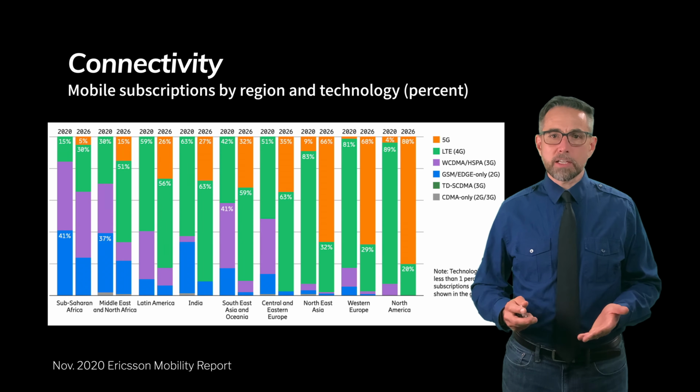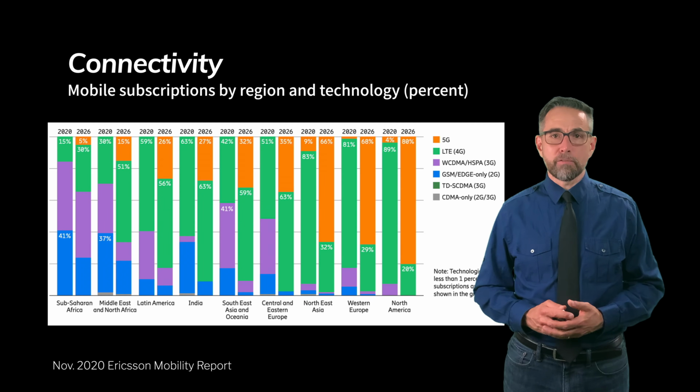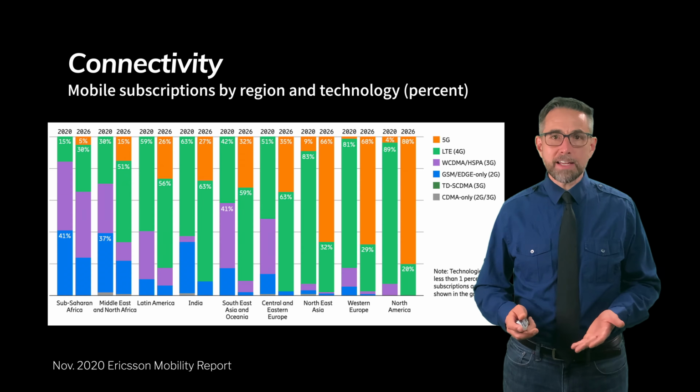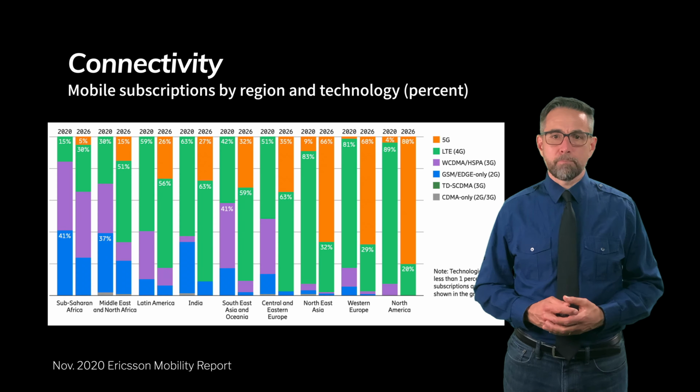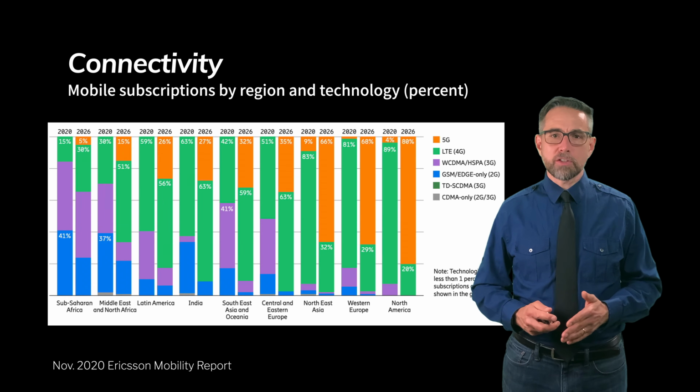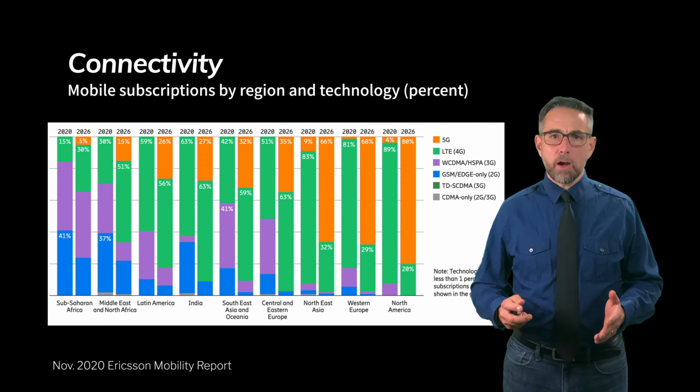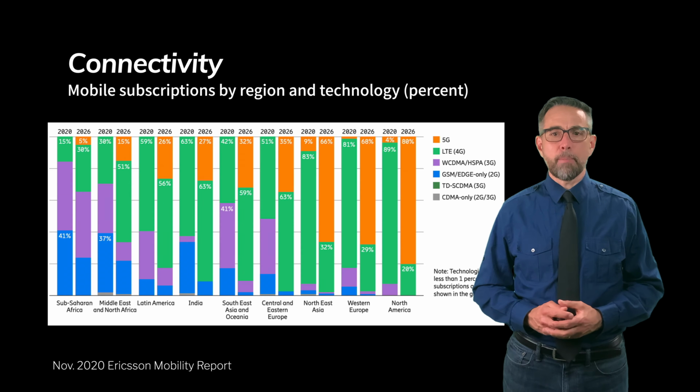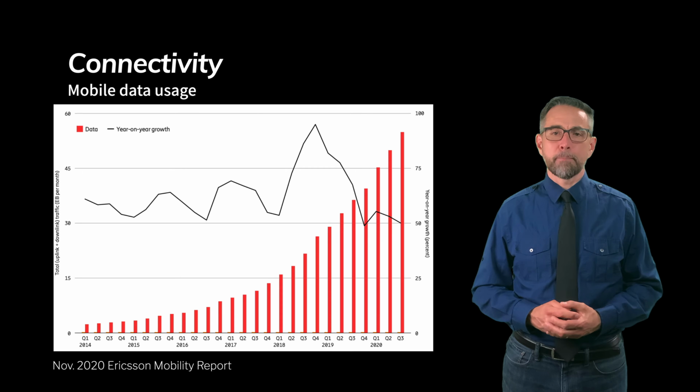And this is largely just a question of spending on the infrastructure and whether there's going to be a return on investment for the cellular telephone companies who are building these towers out. Western Europe, Northeast Asia, Central and Eastern Europe are also seeing large increases in the amount of 5G penetration that is expected to be seen. Mobile data is going through the roof.